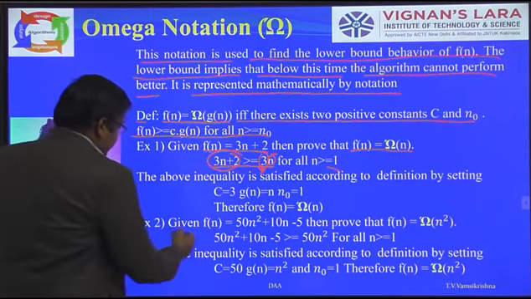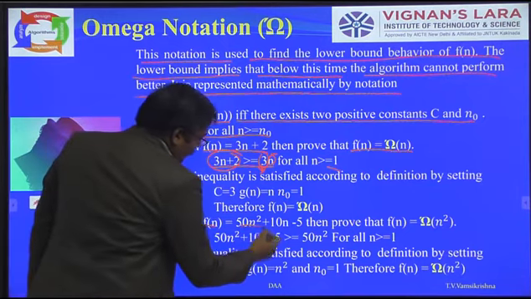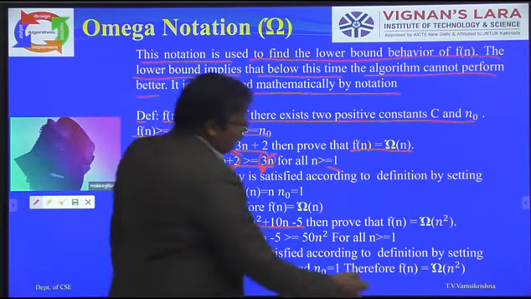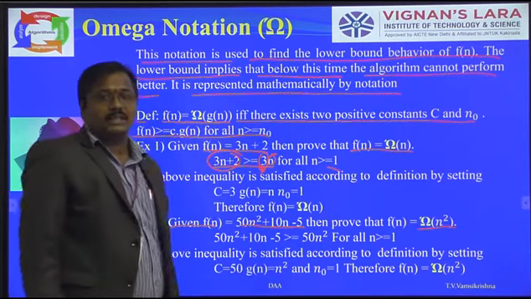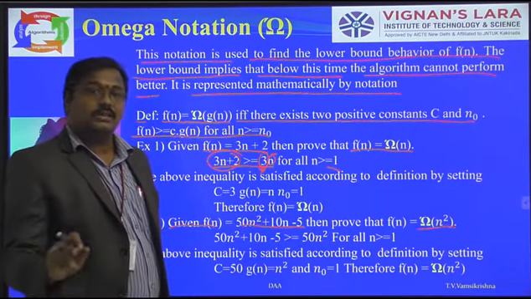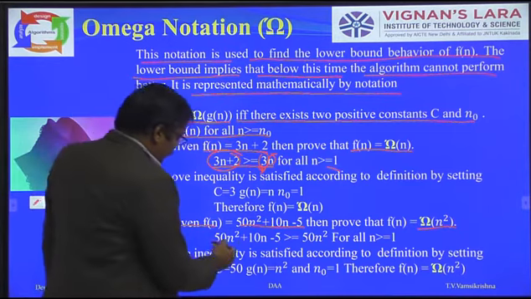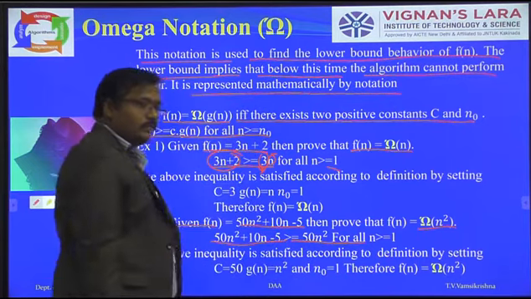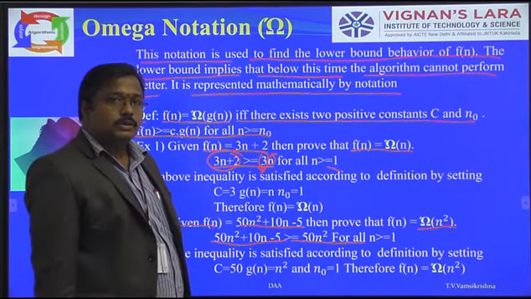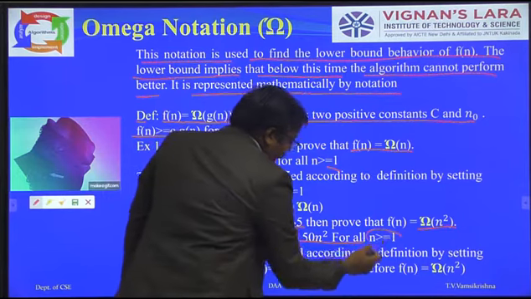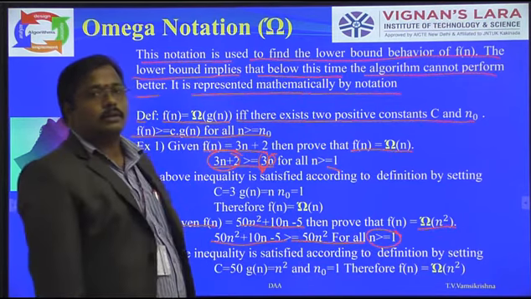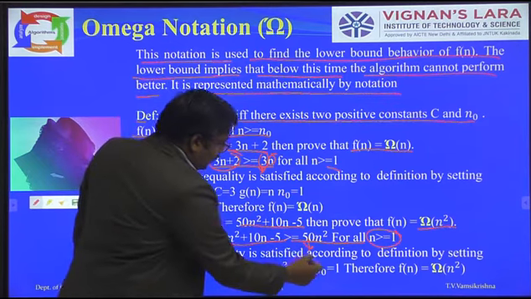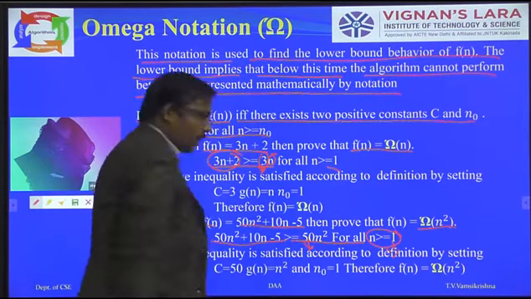Alright. Next, in case of f of n is equal to 50n square plus 10n minus 5. That is the f of n value. What do we want to prove? Omega of n square, which means g of n value is n square. Again we need to substitute: 50n square plus 10n minus 5 is greater than or equal to 50n square. Where is it proved? From n greater than or equal to 1, it is proved. Right? So the c value is 50 and n naught value is